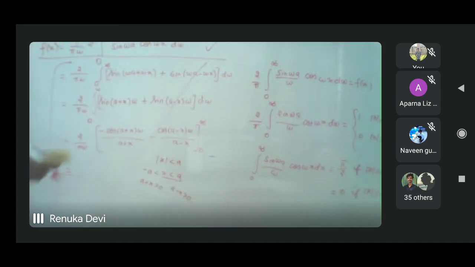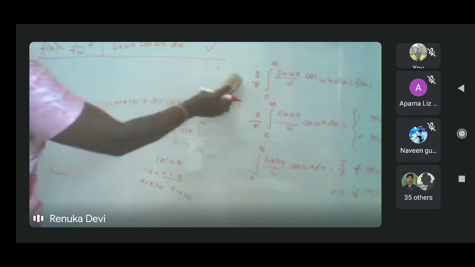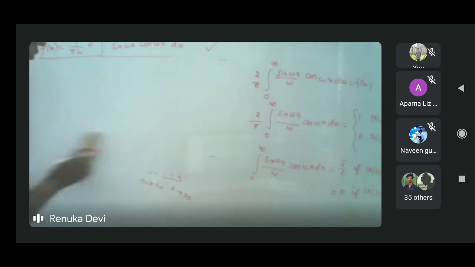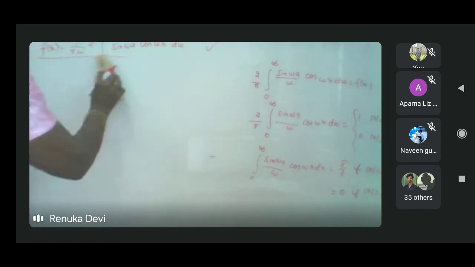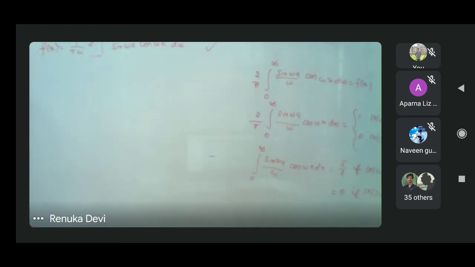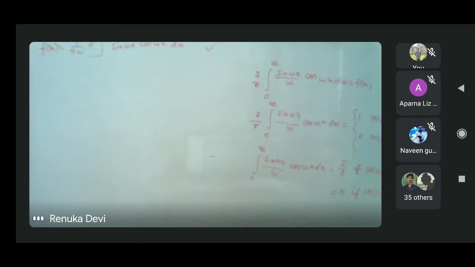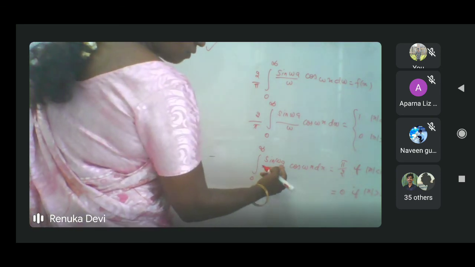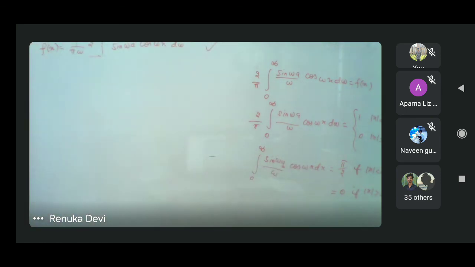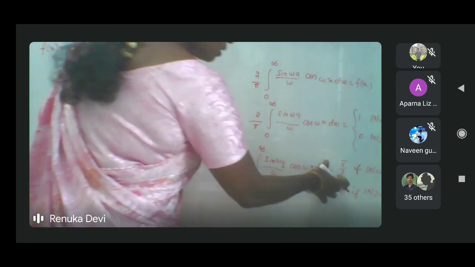We need not calculate by using any formula. You just write and directly go to that step. We just want to find what is the integral value. So you keep the integral, you just substitute the f of x value here. Okay, this is very simple. So what you want to find? You want to find sin x by x. So you just put a equal to 1 and x is equal to 0. Okay, when a equal to 1, this is not dx, this is dw.